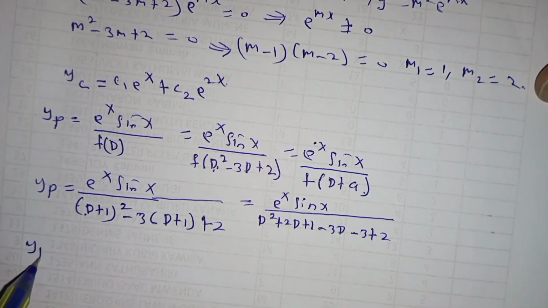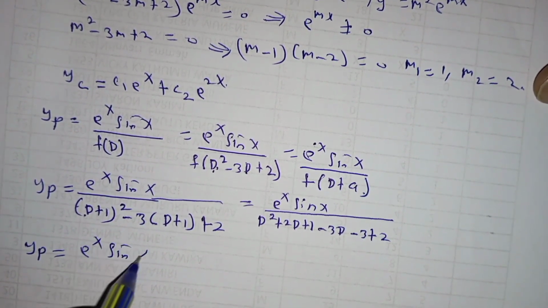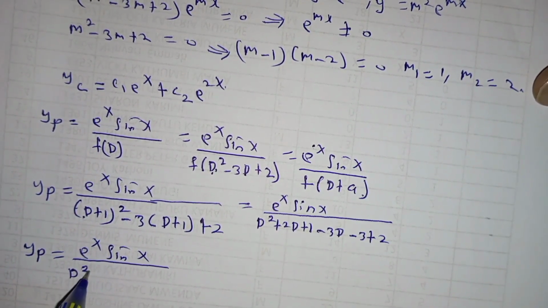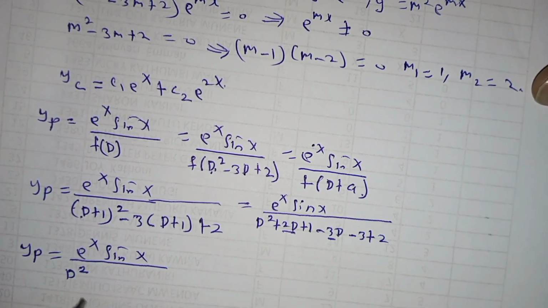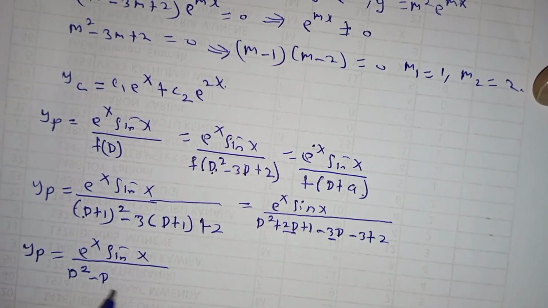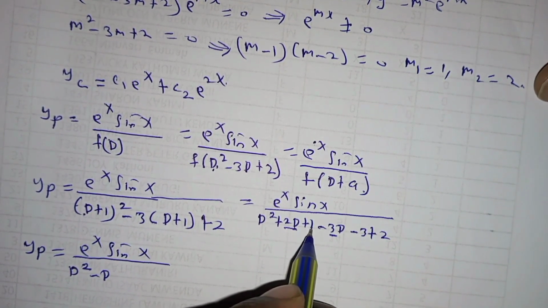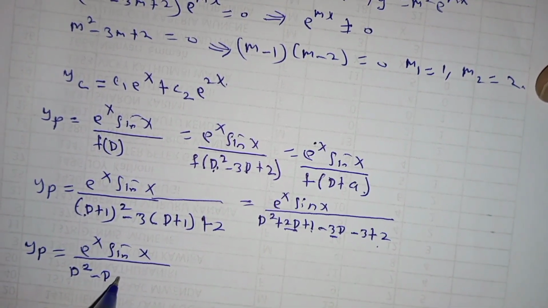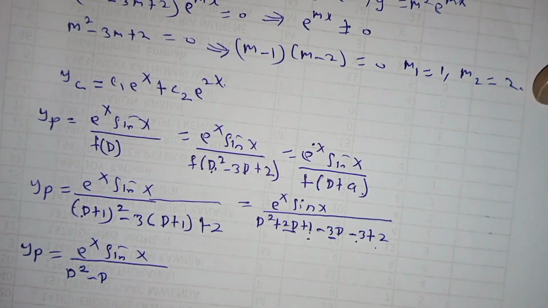So yp is equal to exponential x sine of x divided by, here you have d squared, you have 2d minus 3d, which will give you minus d, then you have 1 minus 3 which will give you minus 2 plus 2 will give you 0,